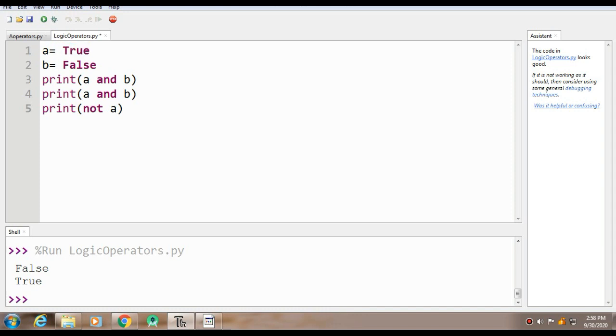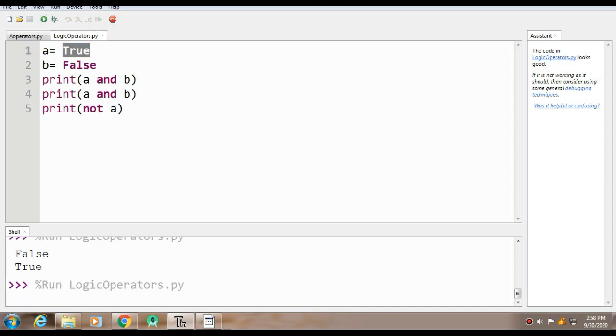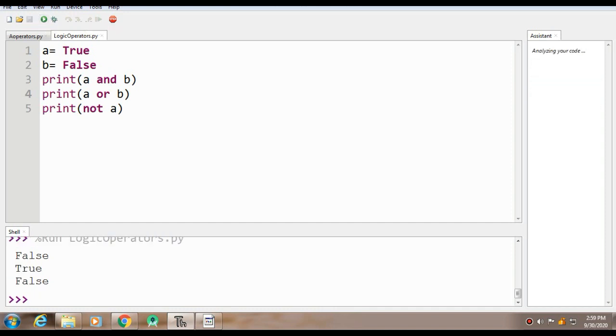If it's True, it shows me False. If it was False, it shows me True. So you can see it shows me False. If I do the OR of the same, the answer would be True only. So the answers would be False, True and False.